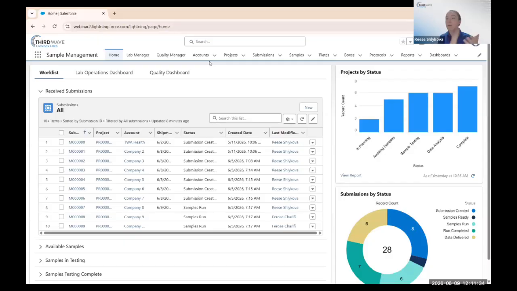And then, of course, we're going to build a report with lots of different features. And then we're going to build a dashboard and add all the various components to that dashboard as well. And so, really, I do want to start by just looking at a dashboard and showing what that looks like